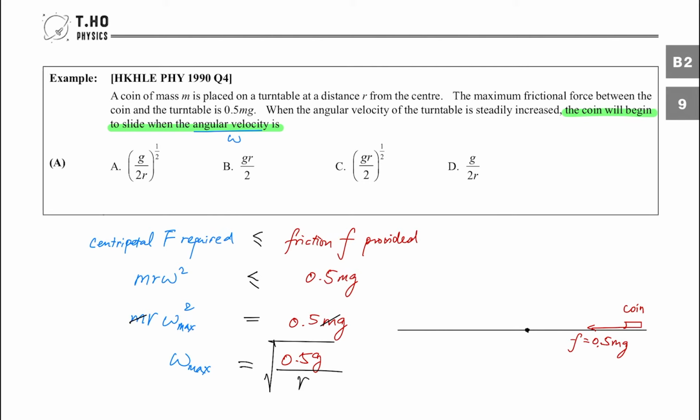So we'll have an expression like this. Therefore, 0.5 can be written as 1/2. So we have an expression